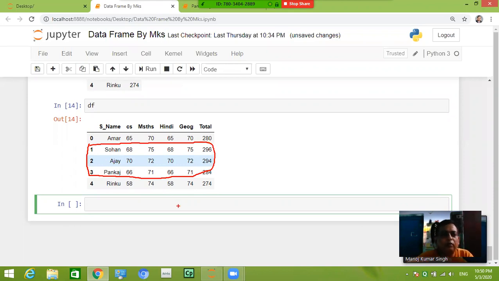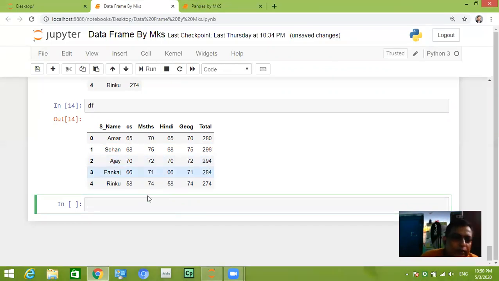Then how to write? For that you have to write just like slicing, like df[1:4].